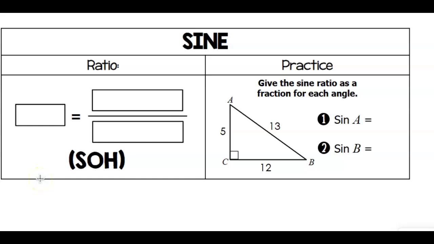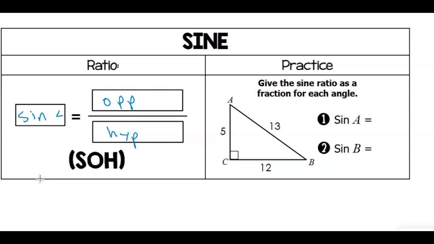Hi, we learned about SOHCAHTOA. Today we're going to focus on sine, cosine, and tangent in our flip book. We learned that SO is S-O-H, and it stands for sine of an angle is equal to the opposite over the hypotenuse. We looked at this example trying to find the sine ratios for each of the reference angles A